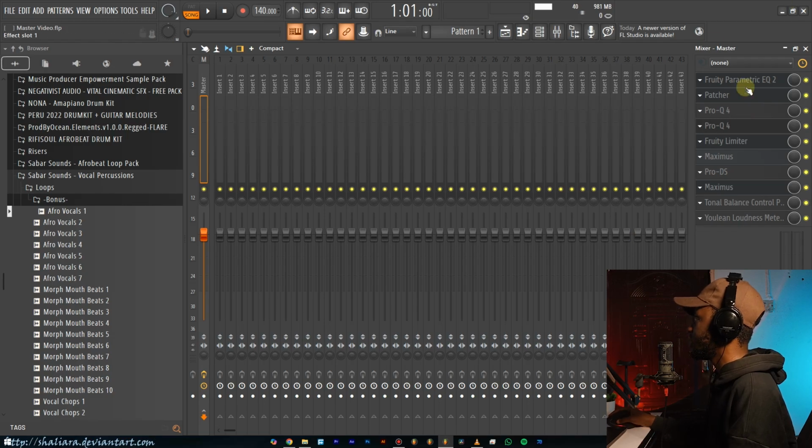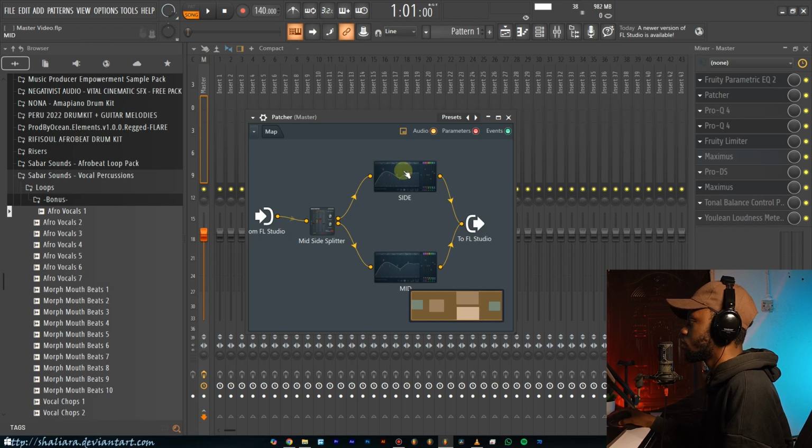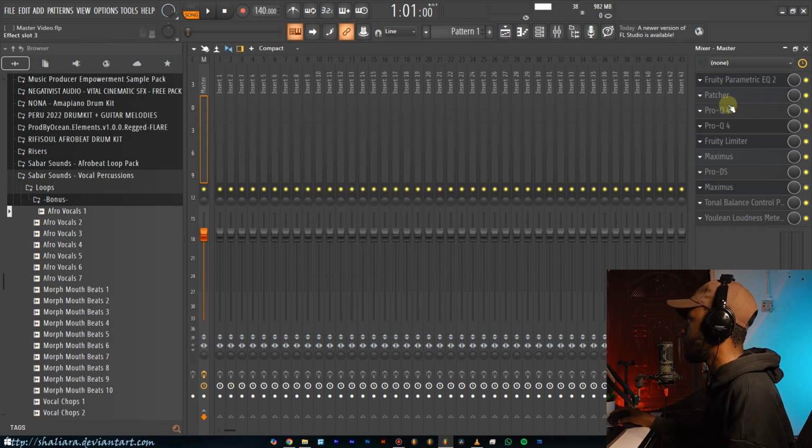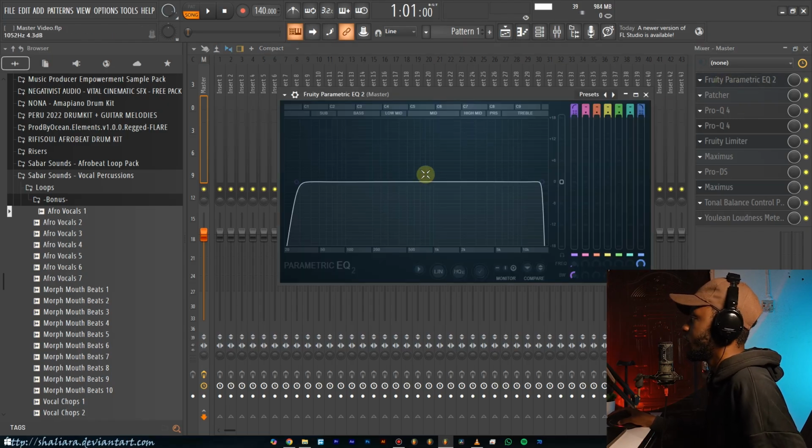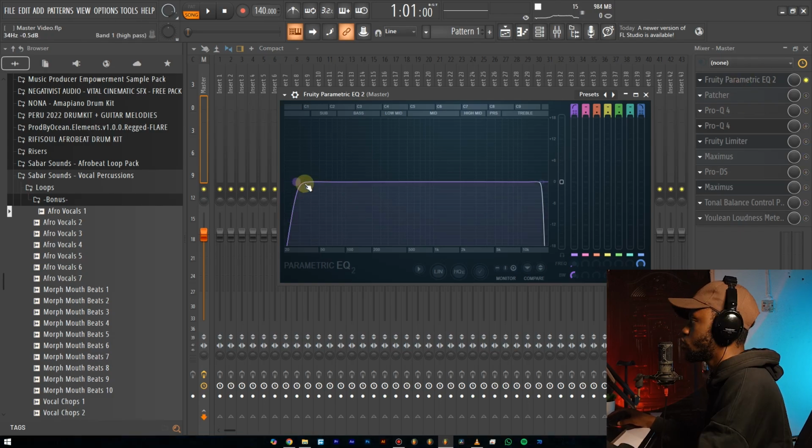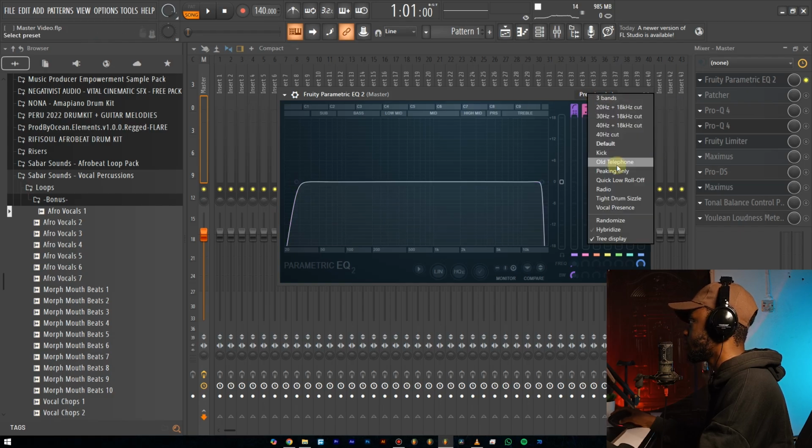As you can see, the first four plugins right here are actually EQs. Even this patcher, if I open it up, you will notice that it's just two EQs that are working right here. I'm going to go ahead and explain what exactly those are doing. So first of all, we have an EQ. And what this first EQ does is to trim out the extreme lows and extreme highs of our songs. So what I did right here is I went ahead to the presets,